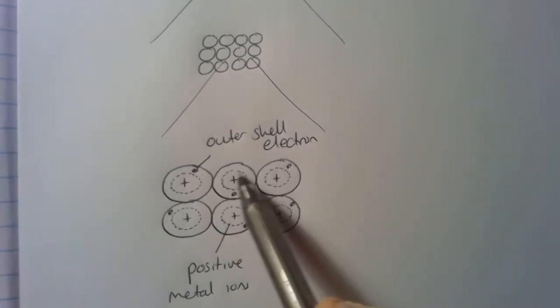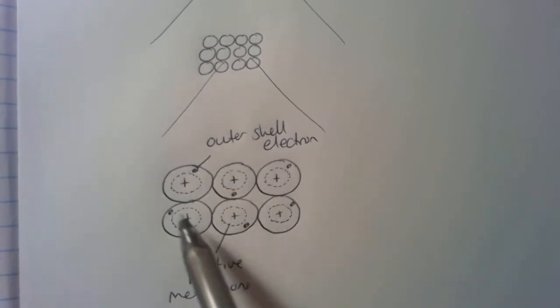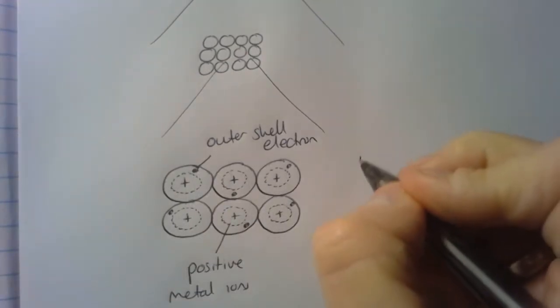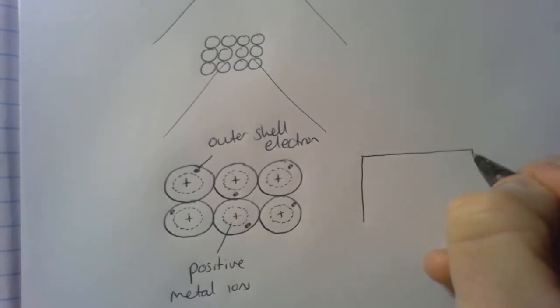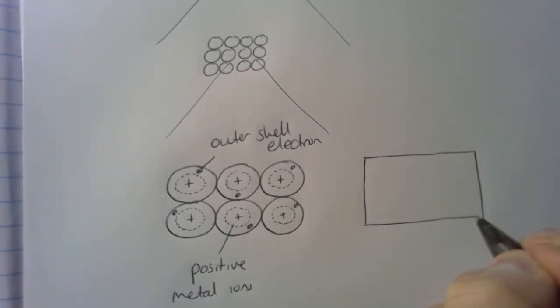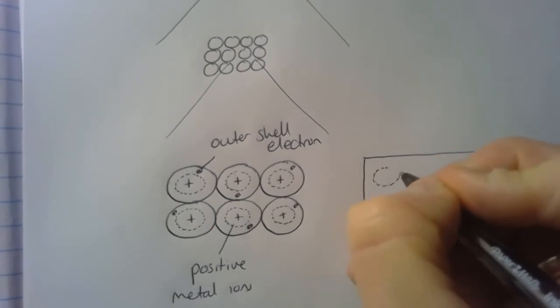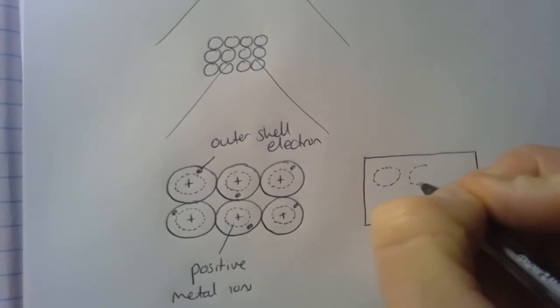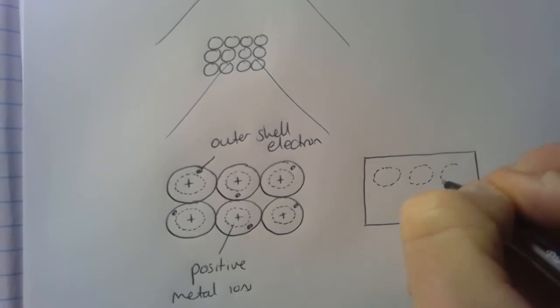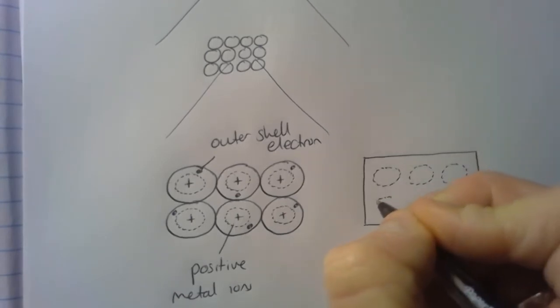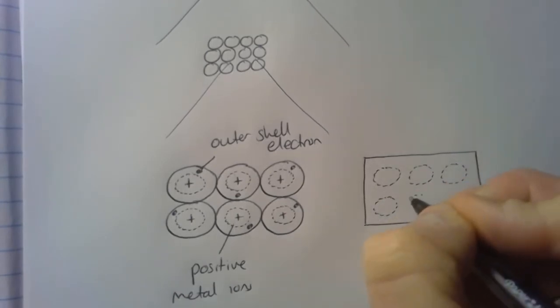And rather than having separate metal atoms, the outer electron shells all join together to give us a sea of outer shell electrons. Now we give that sea of outer shell electrons a name, and it's a sea of delocalized